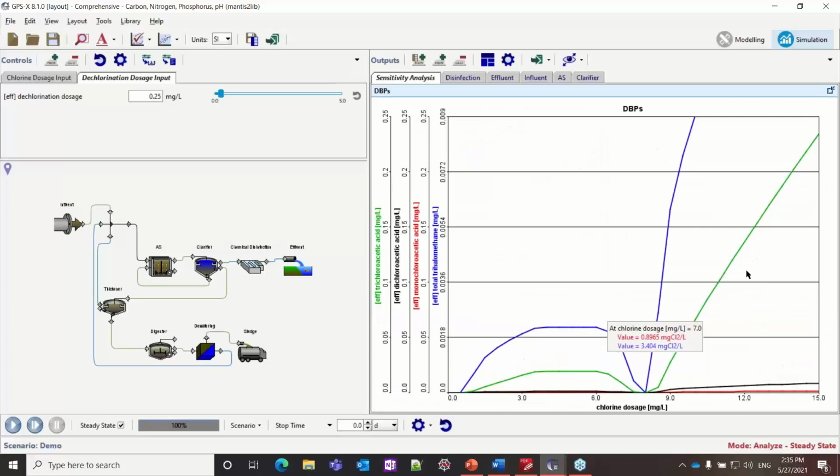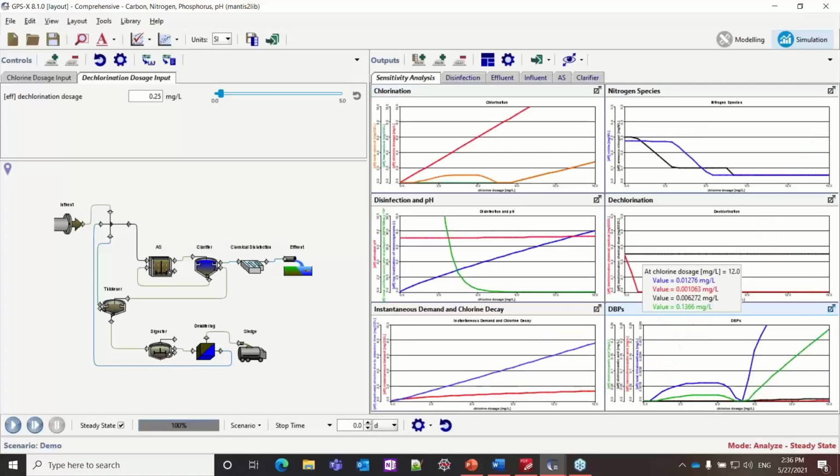And then finally here we have the disinfection byproduct graph. The big point with this graph is basically that you can see in this section here, this is where we have a free chlorine residual, versus this section here where we have that combined chloramine residual. We can see just how quickly the disinfection byproducts go up when we have free chlorine in the effluent. So it's just interesting to note that the chloramine obviously does have a much lower disinfection byproduct potential. Okay, so that is it for my demonstration.